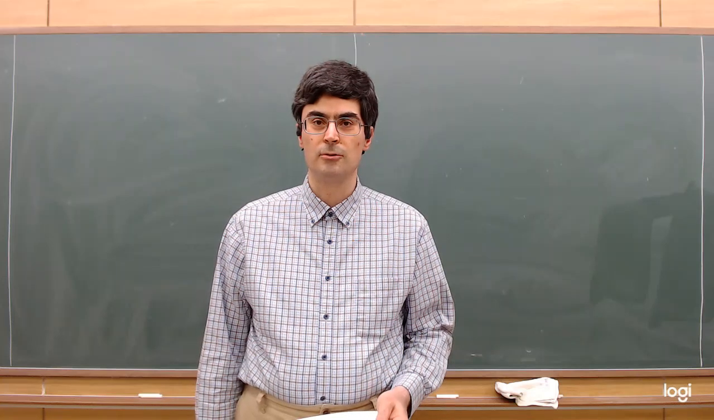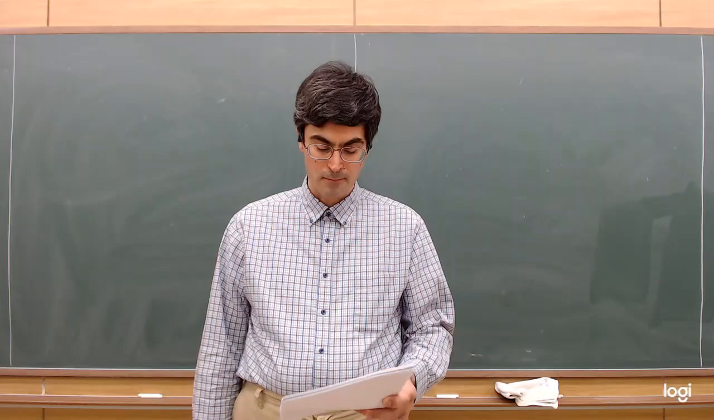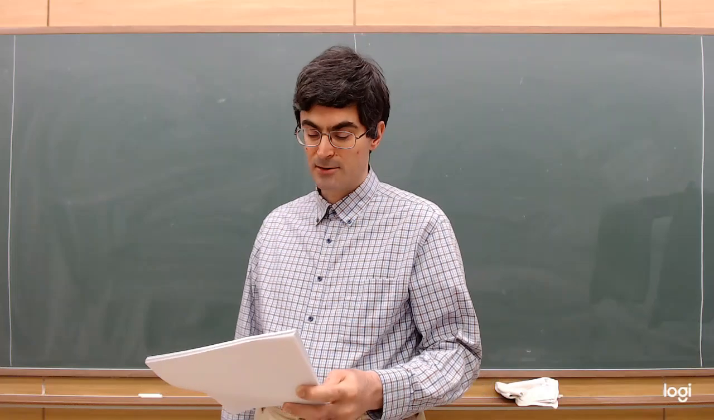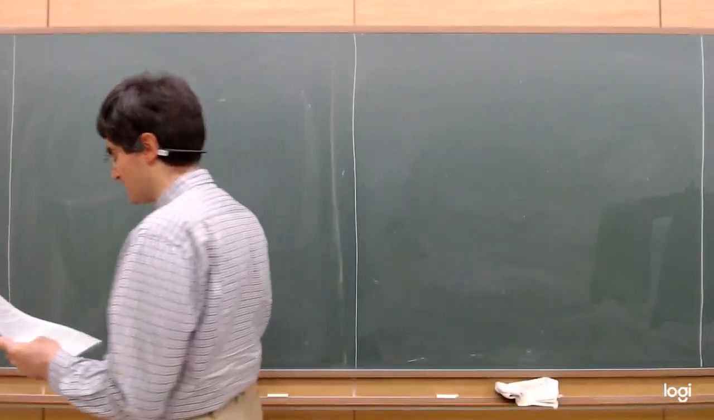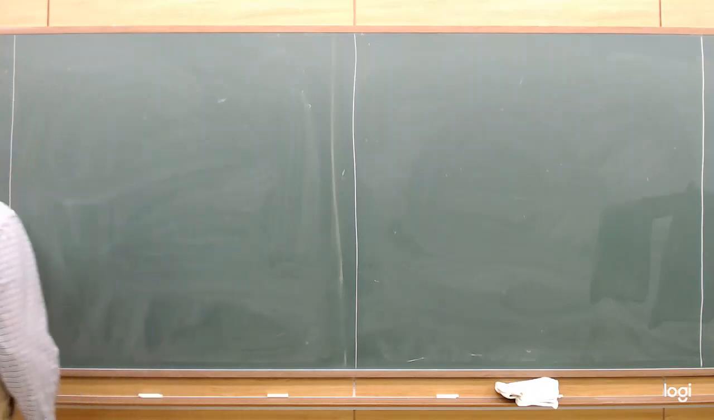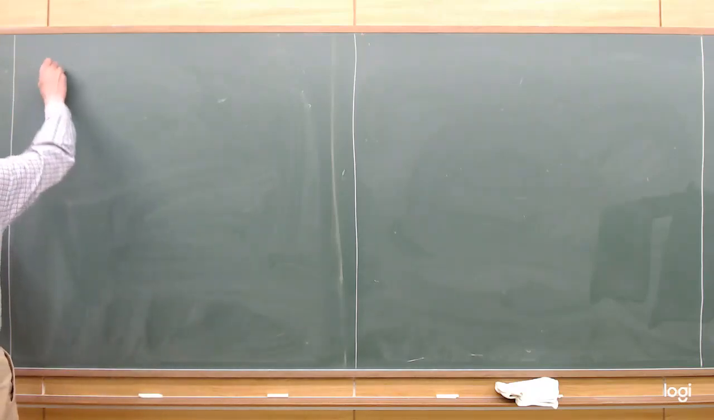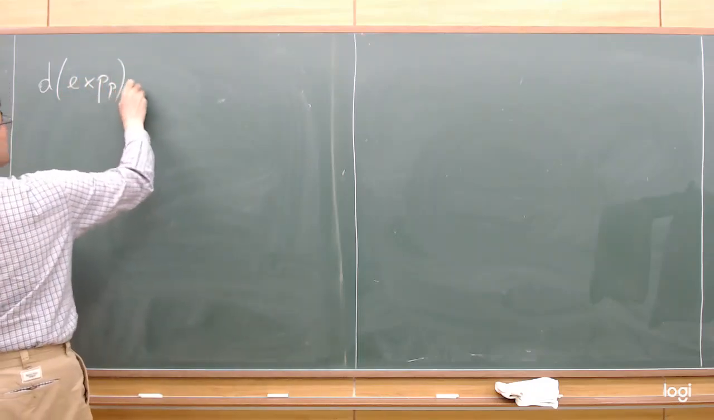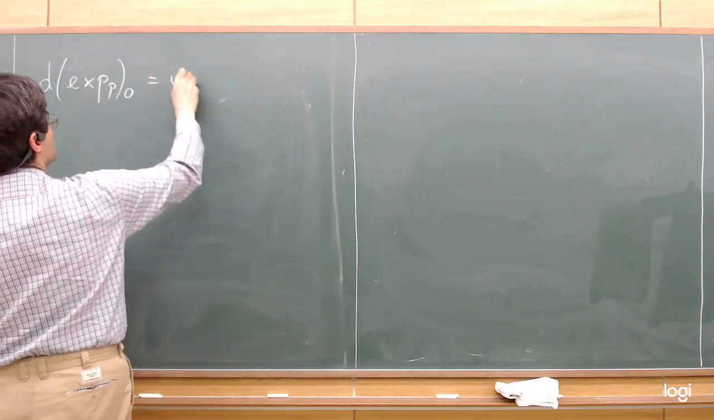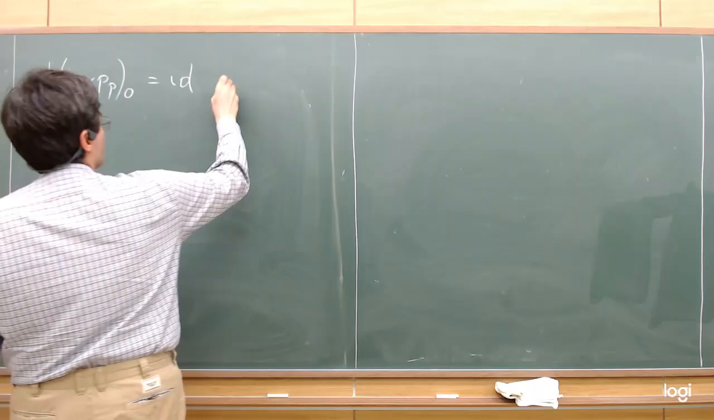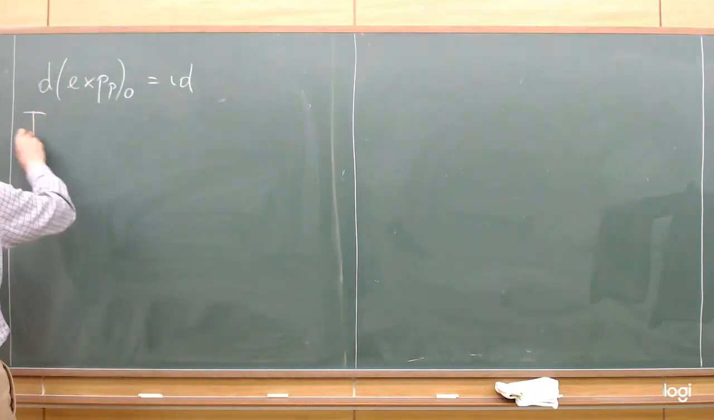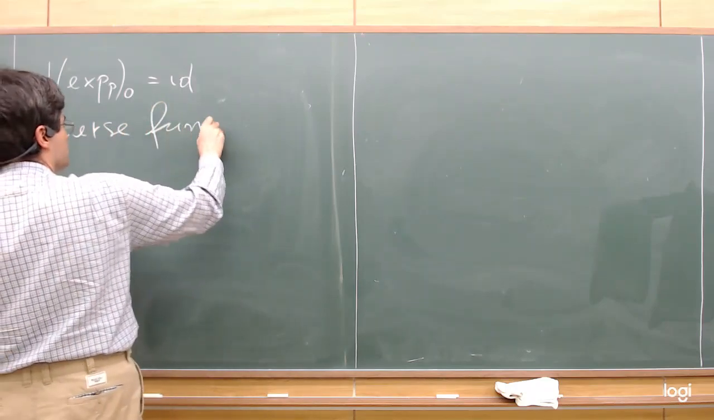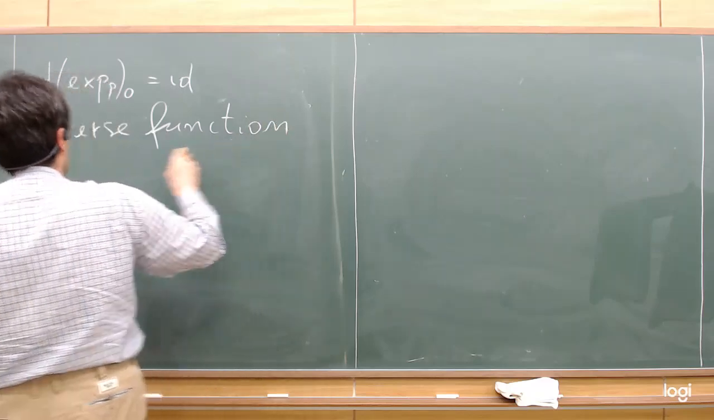The first goal of today is the introduction of normal neighborhoods and normal coordinates. We know that the restricted exponential map has a differential at 0, which is invertible because it's the identity. So we can apply the inverse function theorem